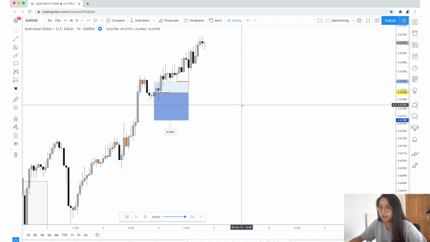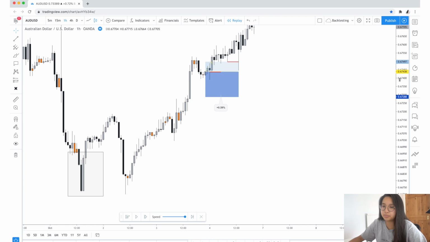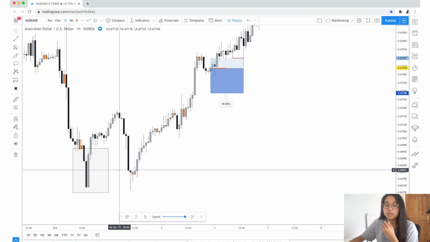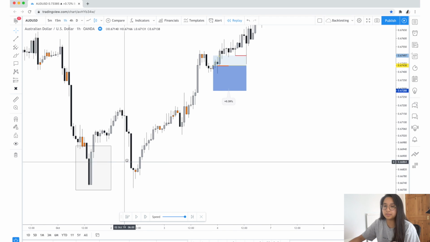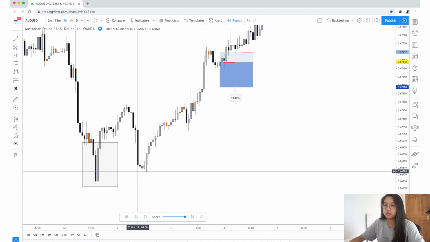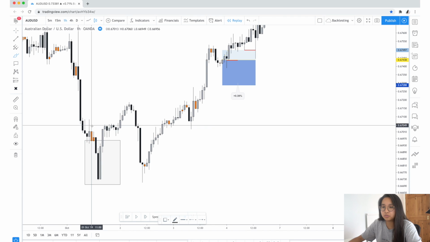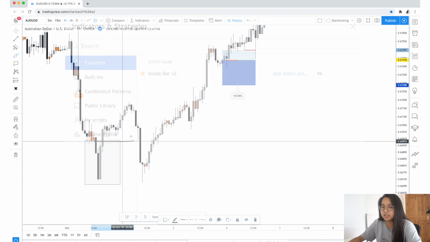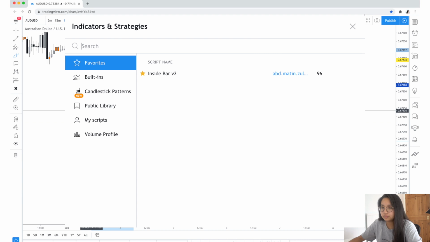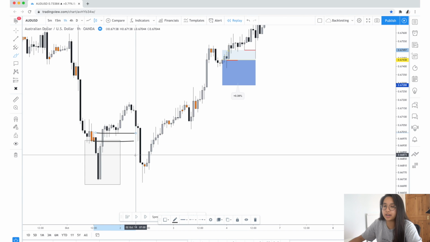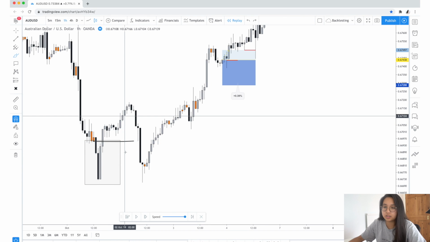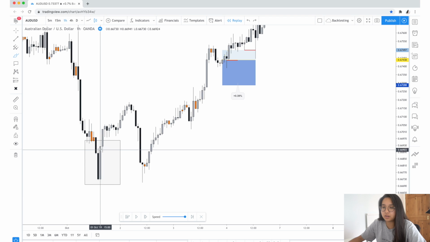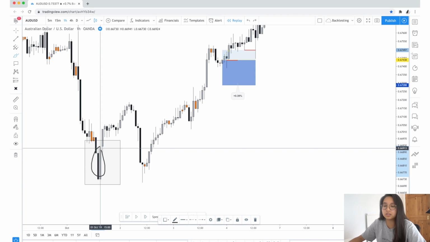Here we've banked 0.39%. The reason I put this in a box was because I was going to talk about it at the end, but this was a good entry that I was going to take as a retest back to this inside bar level. And again, this is just an indicator. I'm going to put it up on the screen for those wondering why I have these orange candles. However, seeing how price just retraced so rapidly, this is not a trade that I want to be in,